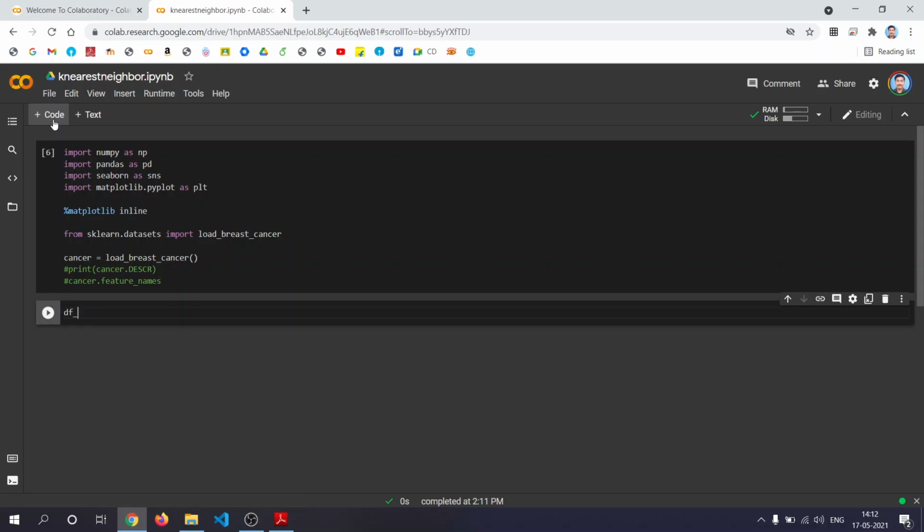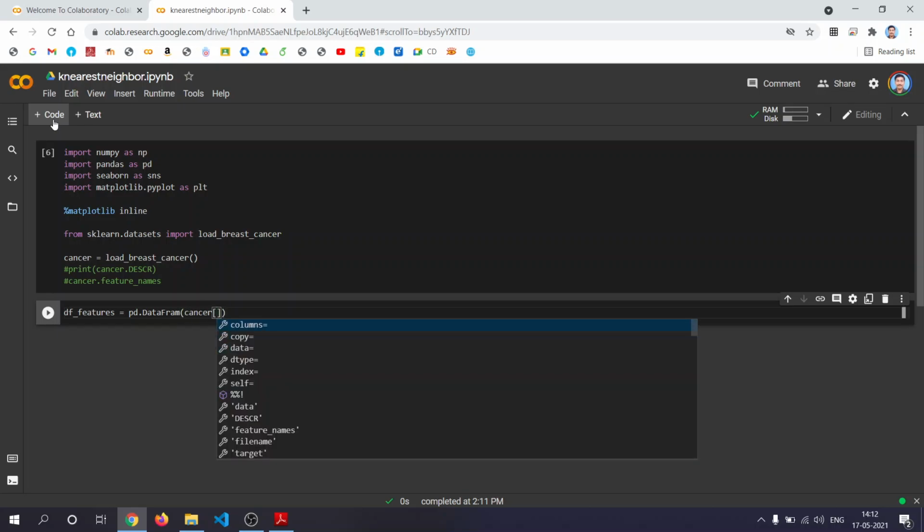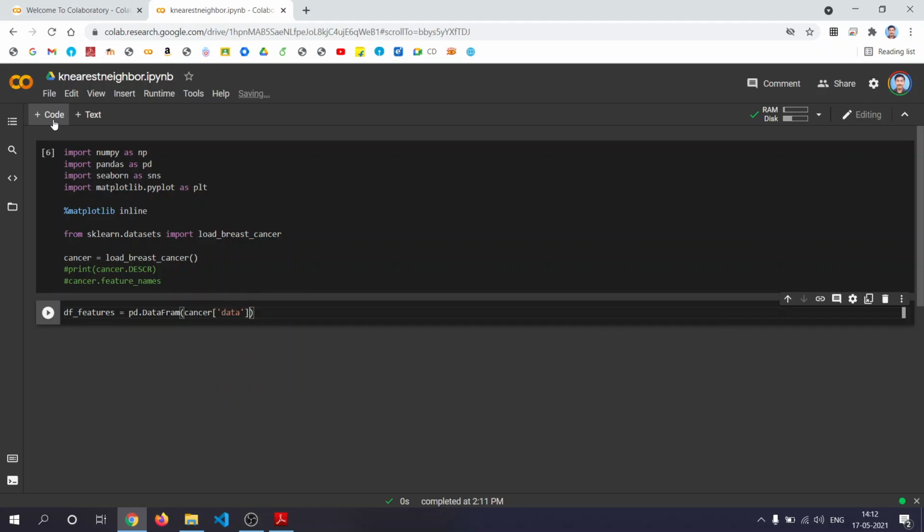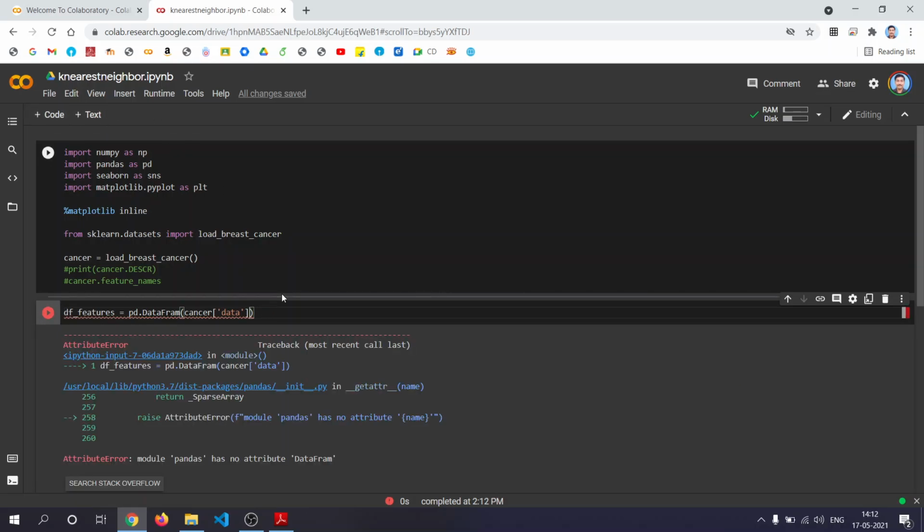So the data frame features are defined as we create a data frame with pd.DataFrame. What is the data? Data is cancer.data, and columns. Without columns, you will be having the plain pd.DataFrame.